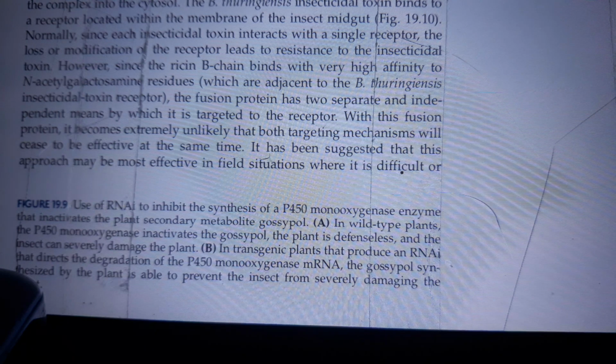However, since the ricin B chain binds with very high affinity to N-acetylgalactosamine residues, which are adjacent to the B. thuringiensis insecticidal toxin receptor, the fusion protein has two separate and independent means by which it is targeted to the receptor. With this fusion protein, it becomes extremely unlikely that both targeting mechanisms will cease to be effective at the same time. It has been suggested that this approach may be most effective in field situations where it is difficult or